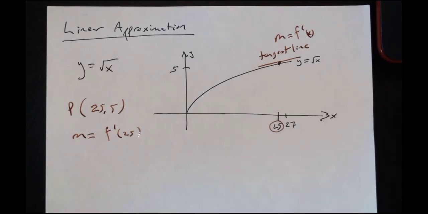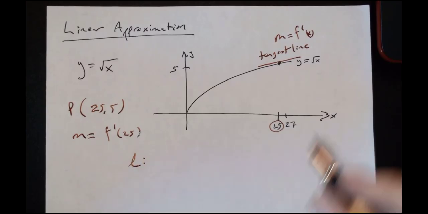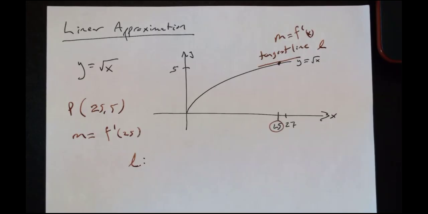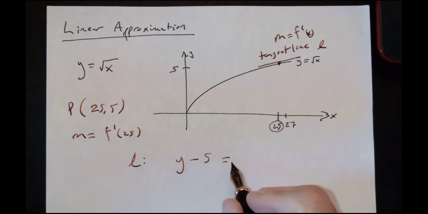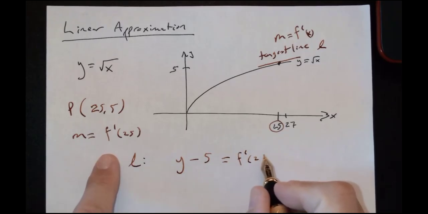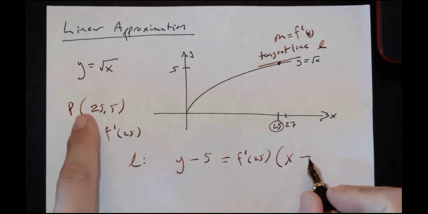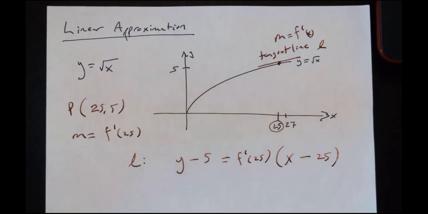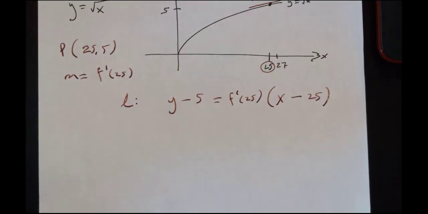I know the equation of my tangent line L is y minus the y value equals m times x minus the x value. That's all I need. If I take the 5 from the left and move it to the right,